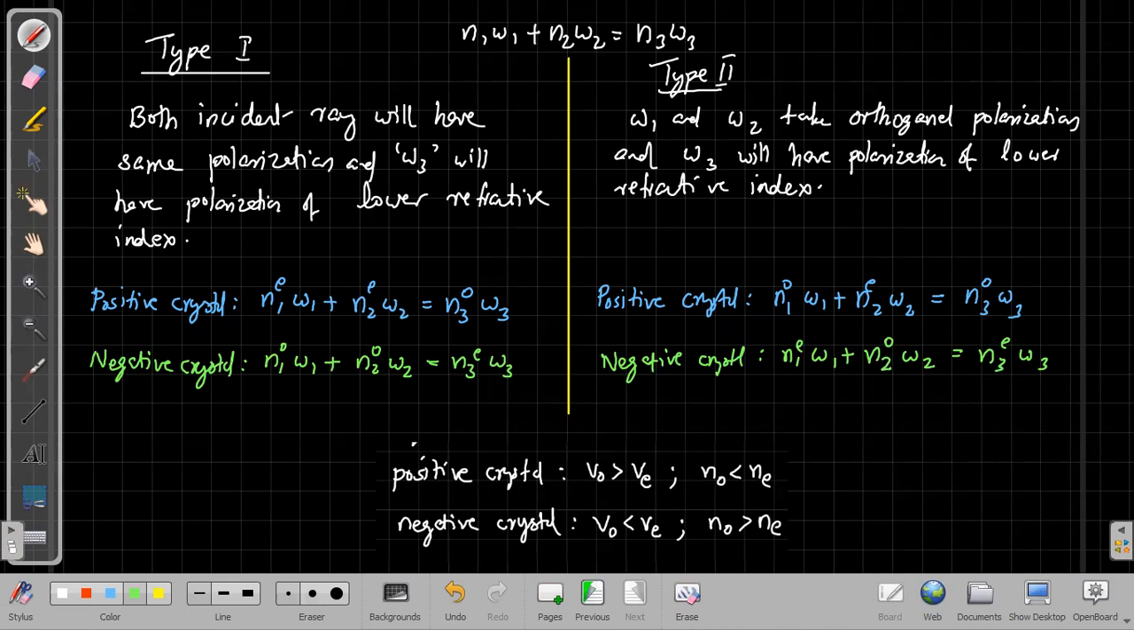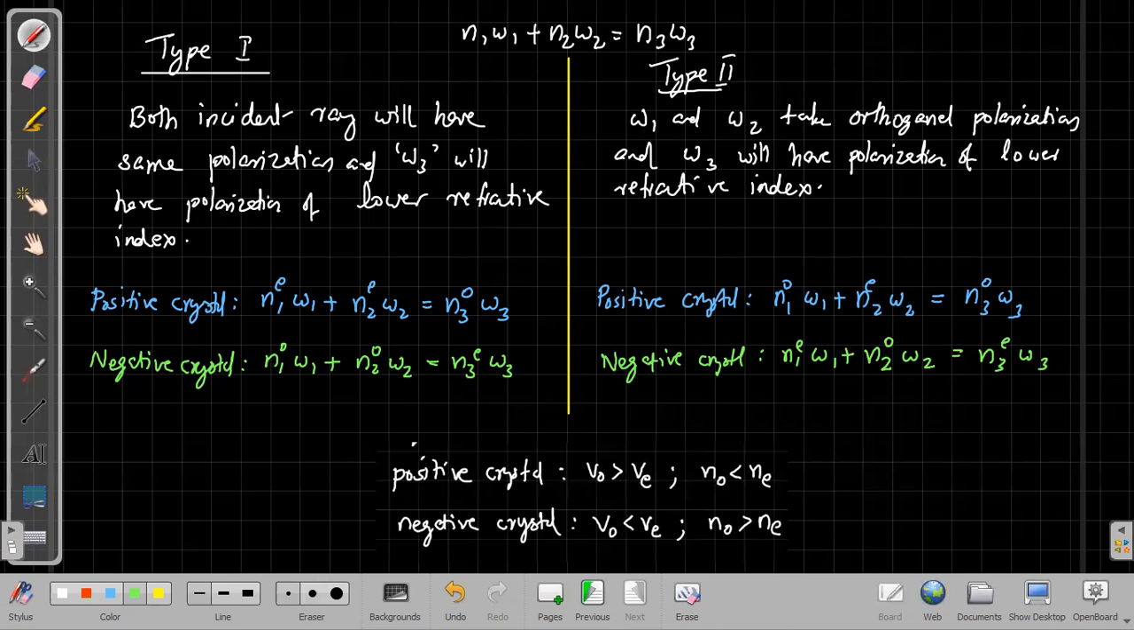Different directions should have different velocity. If the wave is traveling along different directions, it should get different speeds. That means it gives different refractive indices. So the refractive index changes with the direction of propagation of light, and that is not possible if the crystal possesses such symmetries. If the crystal possesses cubical symmetry, we will not get the double refraction phenomena. That means a crystal possessing isotropic nature,